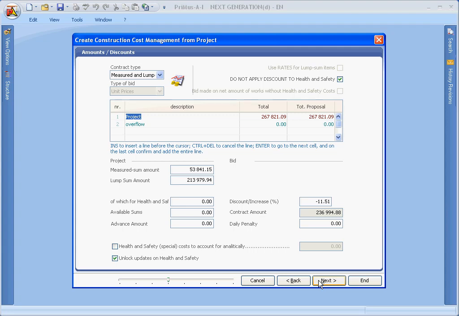We have the general data, the financial table, and now you can see the amounts and discounts page is already filled in with the project data with all of the necessary settings and the data previously defined in the wizard, such as type of contract, proposal, the project amounts, proposal amounts, safety amounts imported from the financial table, and the contract amount calculated automatically. At this stage we can simply click on Finish,